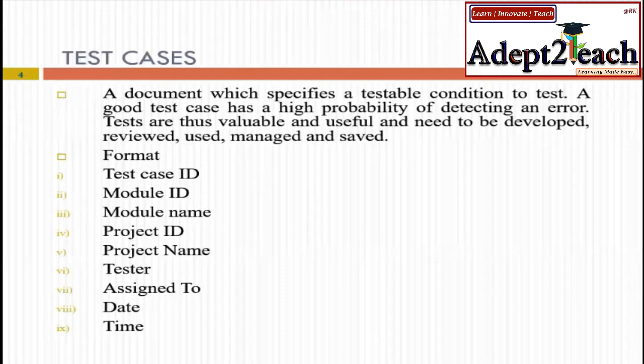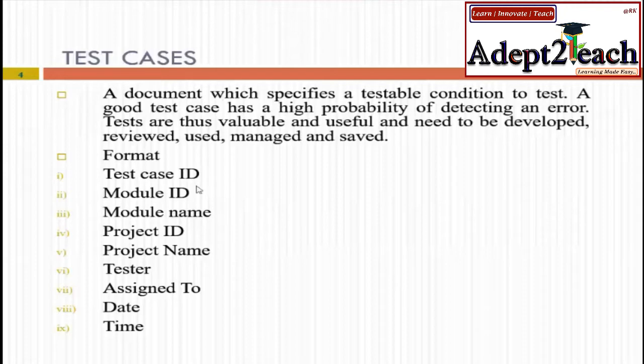The second test case could be when you are giving a username and password to the login page, whether it is accepting or not. If you are giving correct inputs, then it should redirect you to the home page. If your input is incorrect, then it should stay on the same page. So that is the second test case with a different unique ID. The reason being, when you are making different types of test cases, the same test cases would be shared with next level developers also. So what has been done, what should not be done again, the redundancy should not be there. So this type is to be recorded.